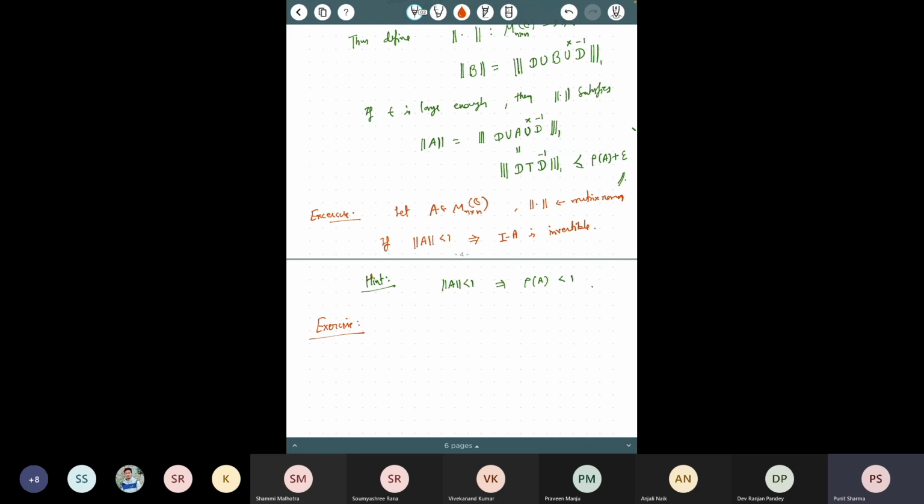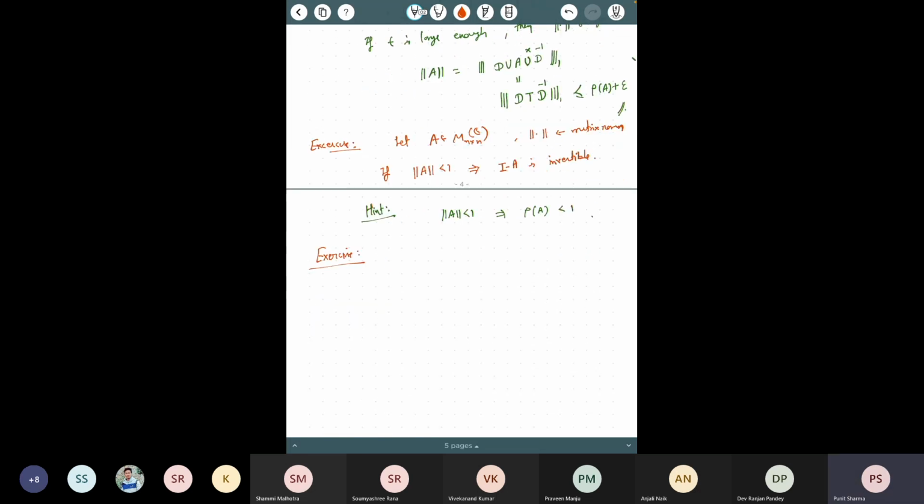These are simple exercises. Like I have already mentioned in the hint here, just show the relation between the eigenvalues of I minus A and the eigenvalues of A. This relation, using the fact that all the eigenvalues of A are less than 1, will imply that the eigenvalues of I minus A are non-zero, and therefore it is invertible. Similarly,